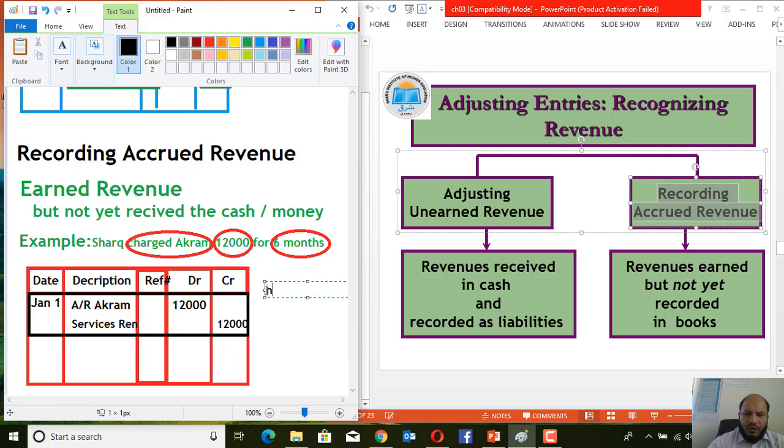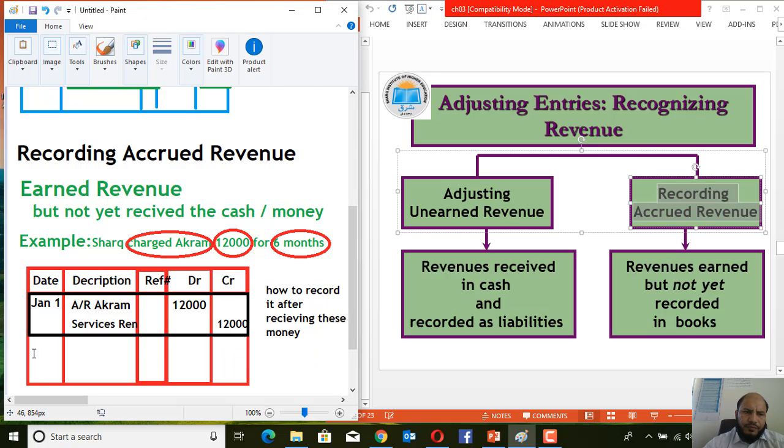So how to record it after the payment of these money, after receiving this money. So now consider that